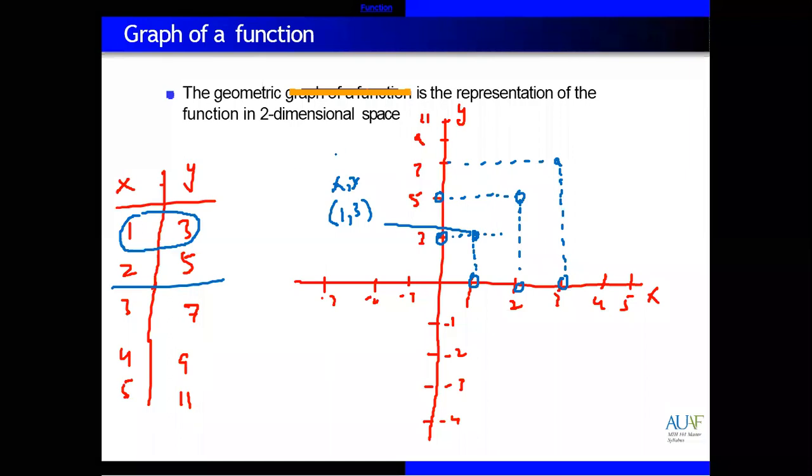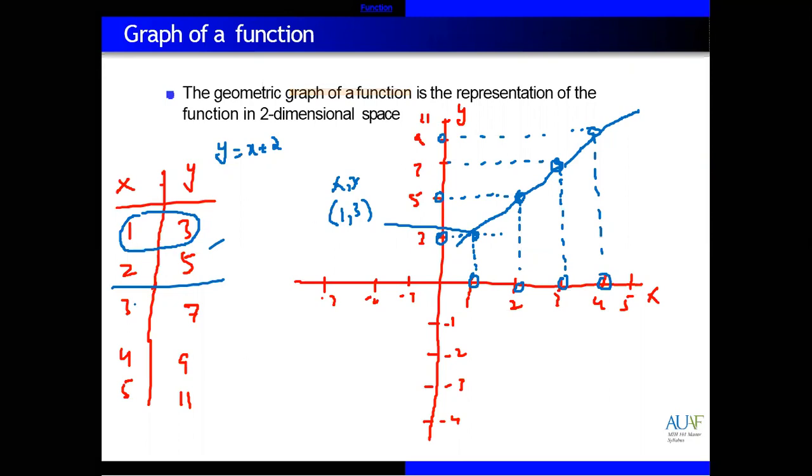This formula is actually y is x plus 2. Giving values, you will receive values 1, 2, 3. I just want to draw the graph, to show how we can draw a graph. So we have 1, 2, 3, then 4. So x is 4. What is the value of y? 9. So these are actually points. Then at the end you can join these. This will give you the graph. This is a linear graph. It will give you a line.